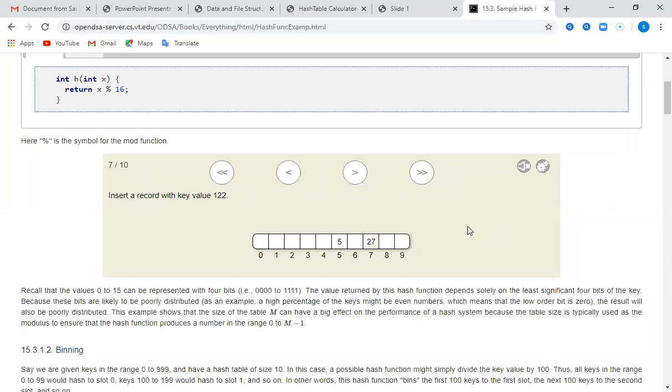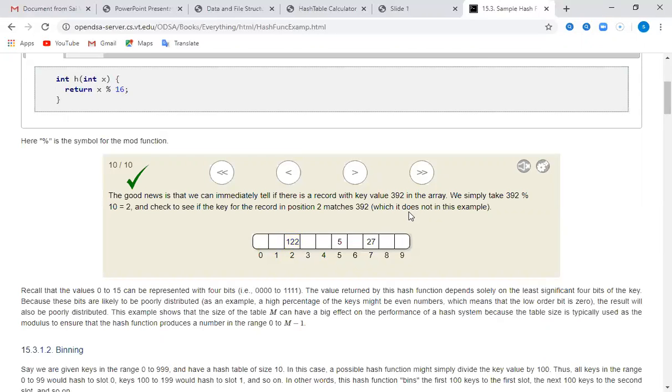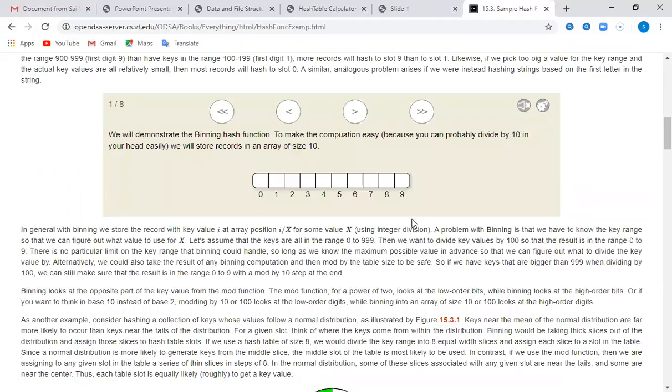Next, 122. The remainder of 122 divided by 10 is 2, sir. Okay, so 2. In this way, we are going to get the location. So similarly, if you do it,